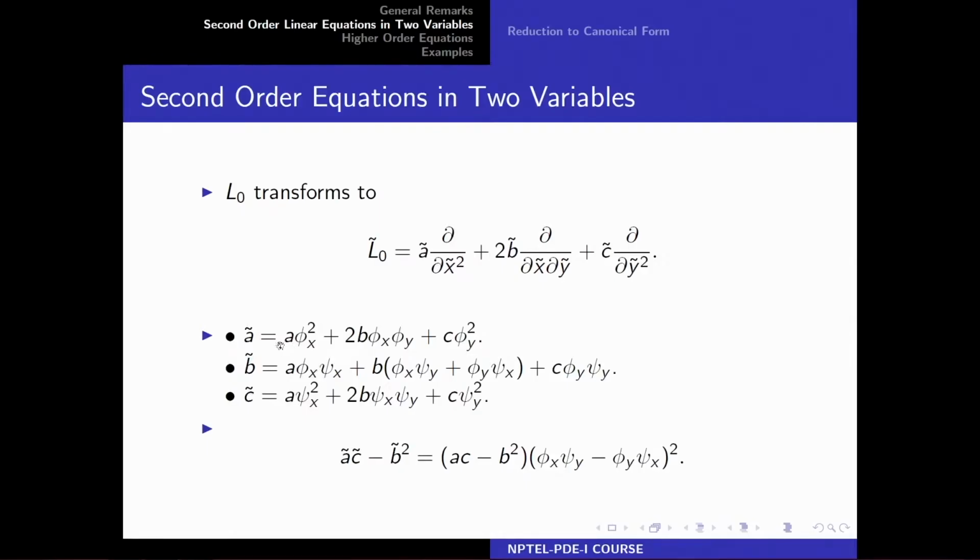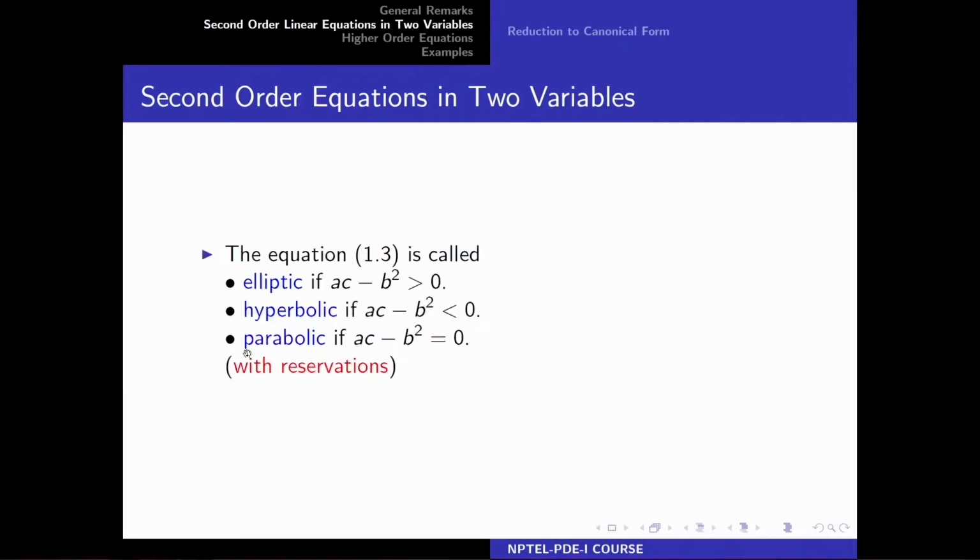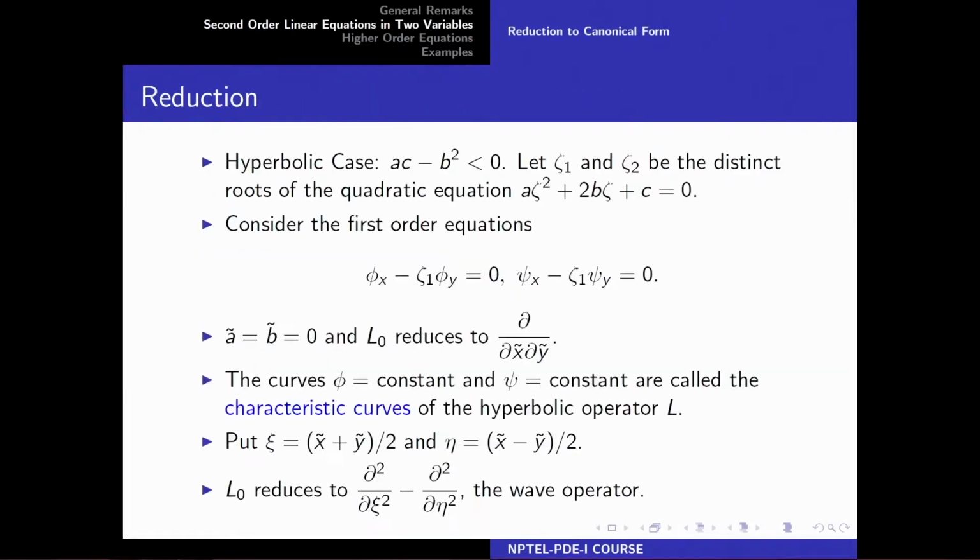And so, choosing the phi we get a tilde 0 and again here if you group it, so you get a phi x plus b phi y psi x and b phi x plus c phi y psi y. So, you plug in these things and observe that in this case